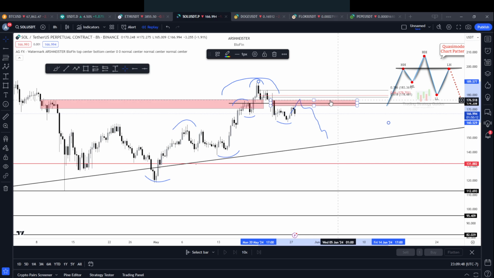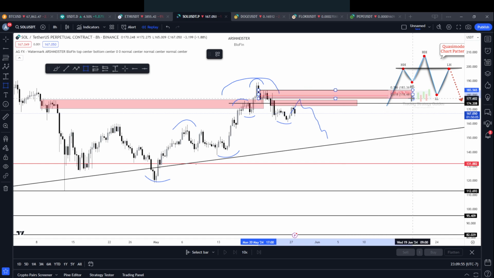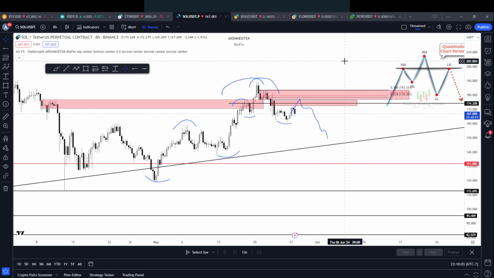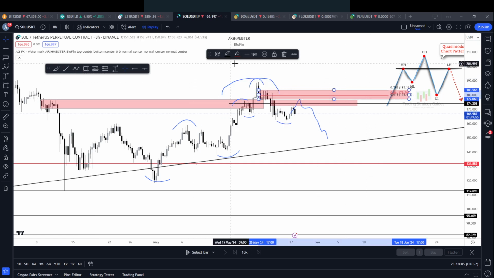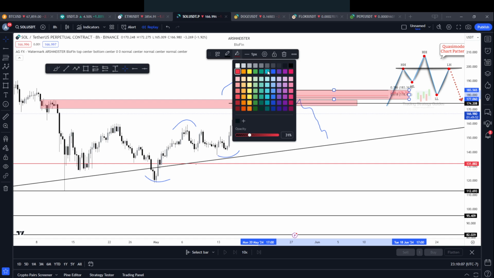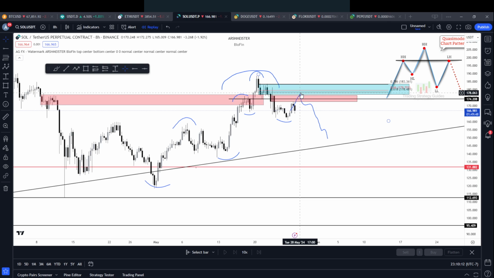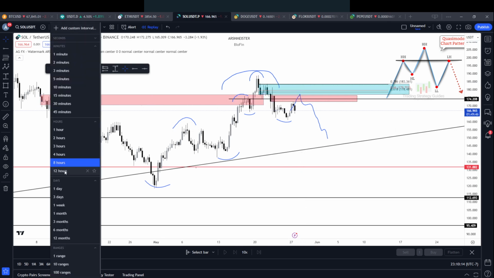The highest I personally see it going is back into this supply. Okay, until the liquidity comes back into altcoins away from ETH and comes back into all these coins, then I'm looking at a rejection here back to